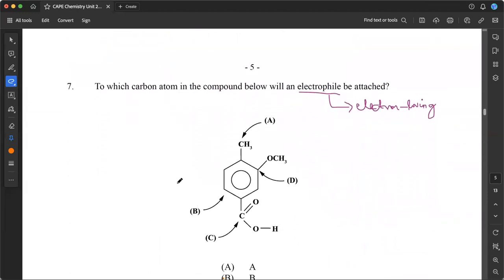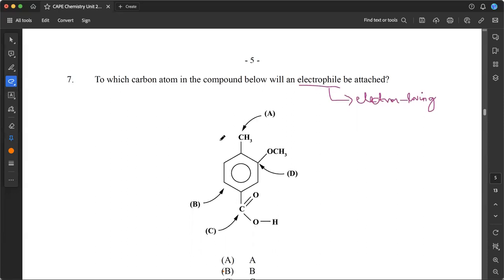Question 7 says, to which carbon atom in the compound below will an electrophile be attached? Okay, so electrophiles are electron-loving, so they're going to want to attach themselves where there's an electron-rich carbon, okay? So what we're looking for in this compound is the most electron-rich carbon. No, this carbon here won't be electron rich, right? This carbon here won't be electron rich